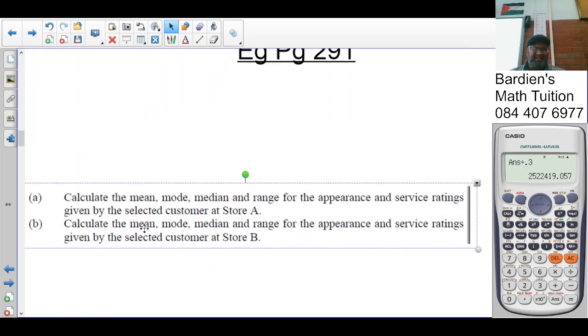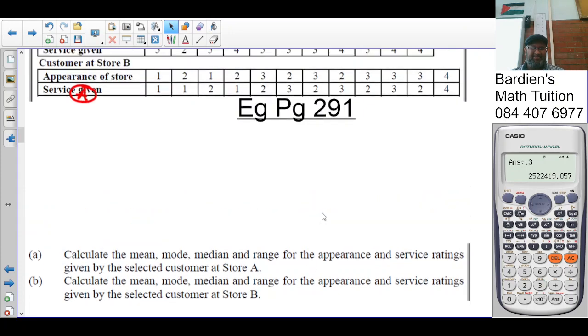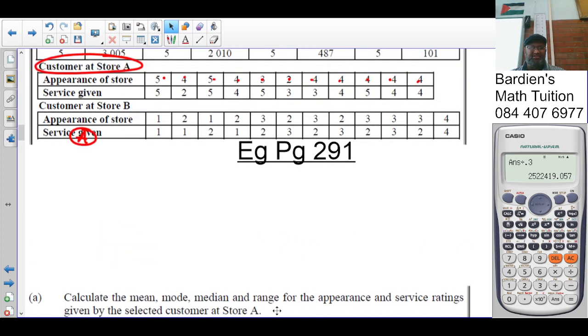So the question says calculate the mean, median and the range for the appearance and the service rating given by customers at store A. Did we do that calculation? Okay. So that's where we need to start today. Okay. So we said we're going to go with customers at store A. Alright, so we said that